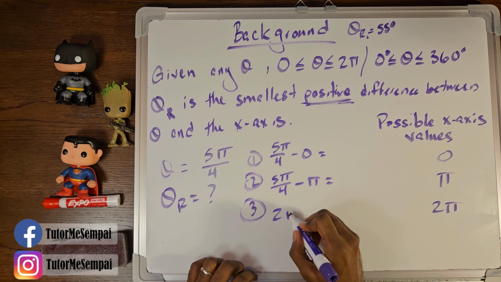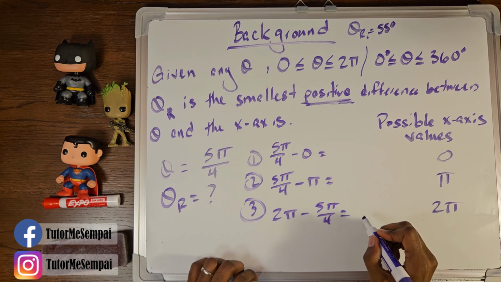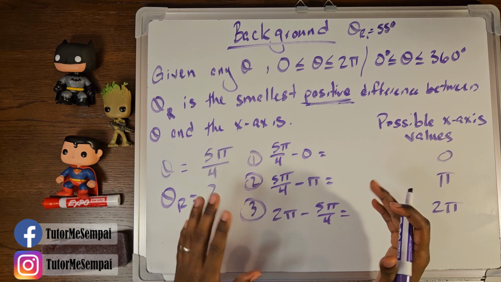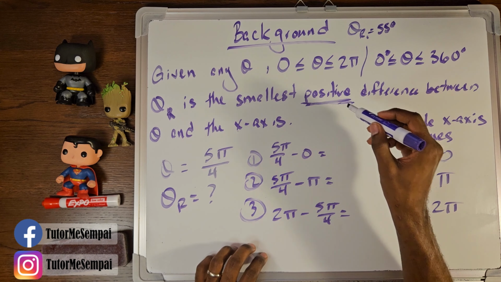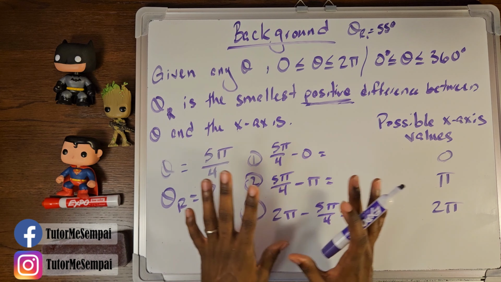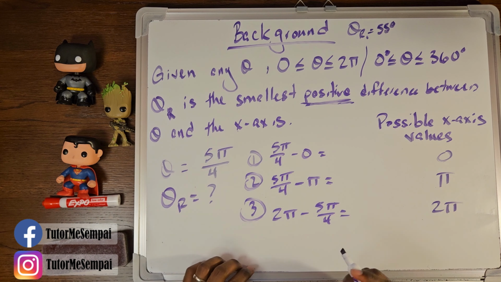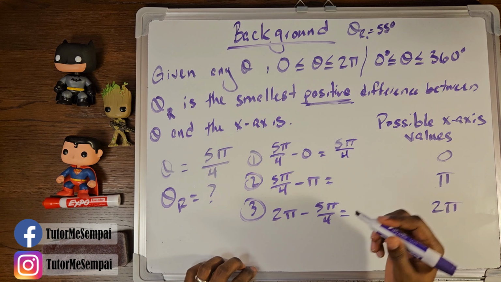And we're going to have 2 pi minus 5 pi over 4. Please remember, it's important that you set these up properly because you need to have the smallest positive difference. If you set it up in such a way that you get a negative number, you're not going to find your reference angle. So when we do our subtraction here, we get 5 pi over 4 for the first one,